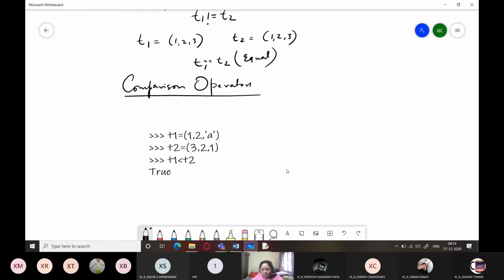So just look over here carefully. The first one, you can see that 1 and 3. These two are unequal, and it follows this condition, that is 1 less than 3, because we are checking T1 less than T2. So this is true. You don't need to check the other elements. So Python doesn't move to the other elements. It simply evaluates true on the basis of checking the first pair, right? And we get the result as true.